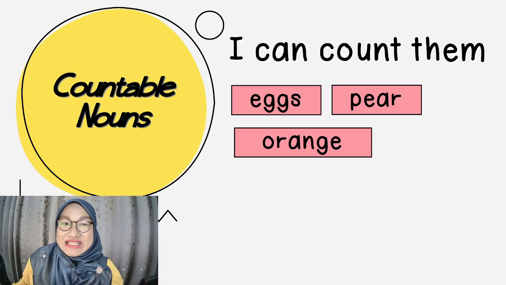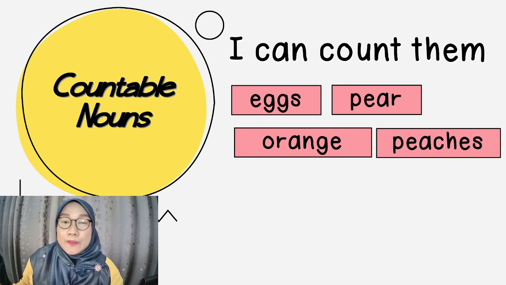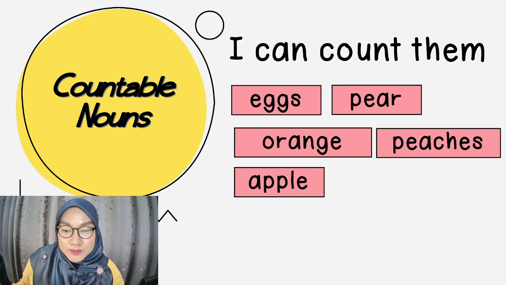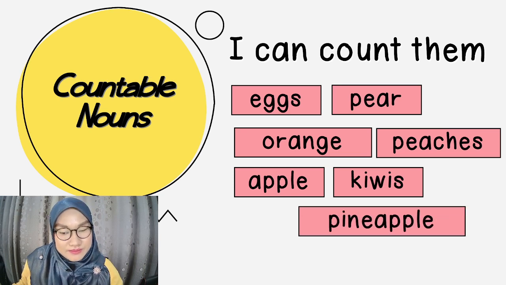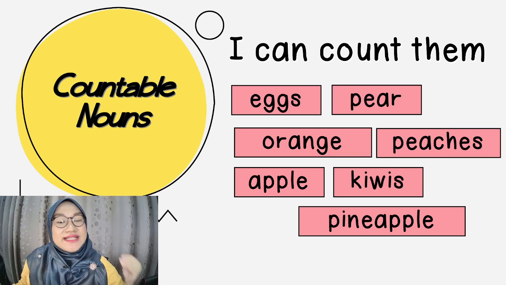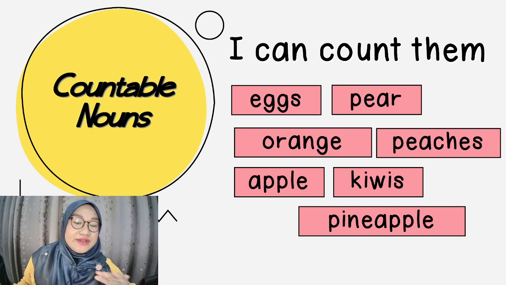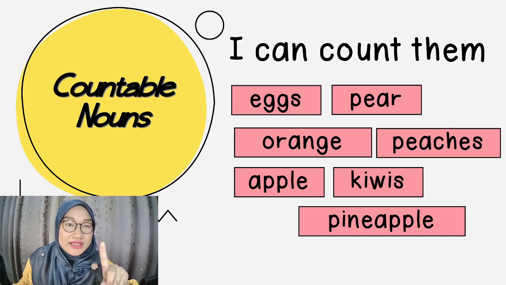Next one is orange. Next one is peaches. Next, apple. Next, kiwi. And pineapple. And of course, eggs is already in the example given in the books already. It's already written, okay? So, as you can see also, countable nouns, when it is only one, bila ada satu